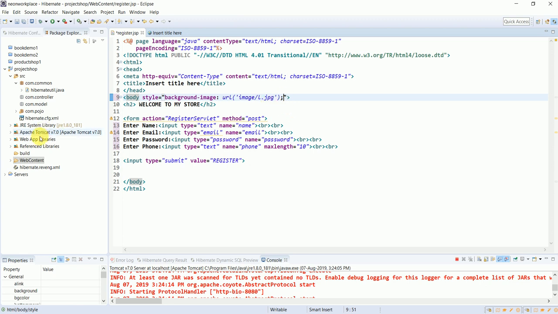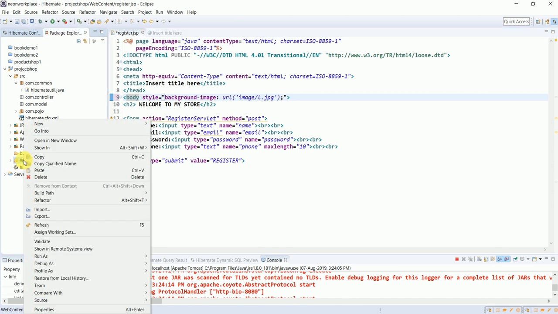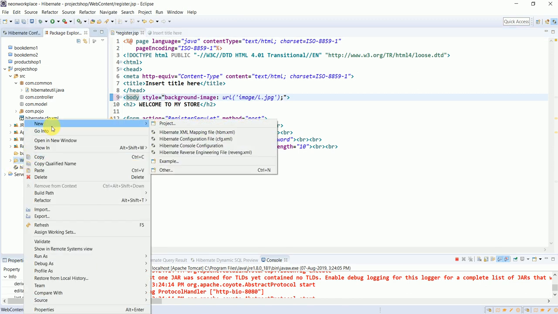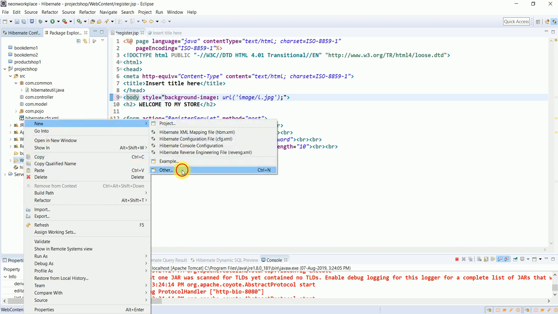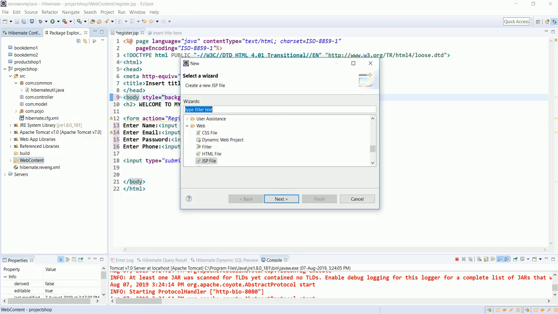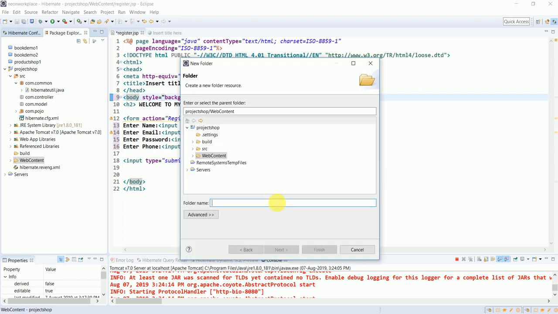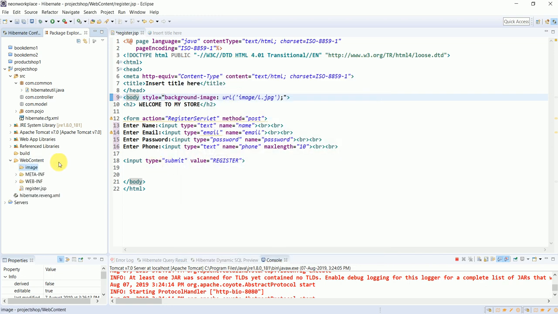Now, if you have to add any images, you always have to create a folder in the web content. I'm right clicking on web content, clicking on new, then other, then I'm going to create a folder. The name for the folder is image or images, as you wish. And next, I'll be selecting finish. Here in this image folder,